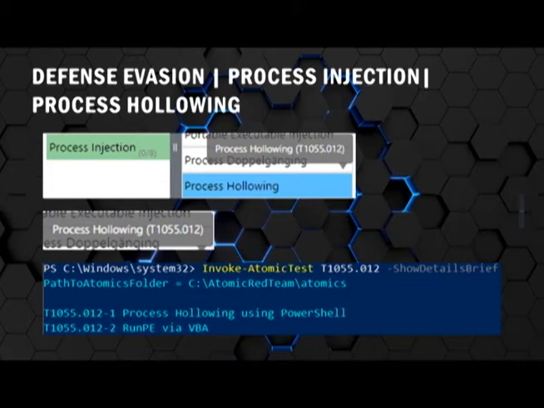Now we're moving on to defense evasion and start by looking at the technique called process injection, in which we use the process hollowing technique using PowerShell. It creates a hollow from a PE on disk with Explorer as the parent. This technique opens the file for access and creates a section from file handle. It then opens the handle to the parent, which is Explorer, and creates a process from the section and acquires